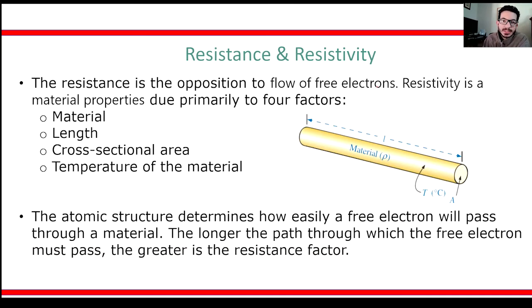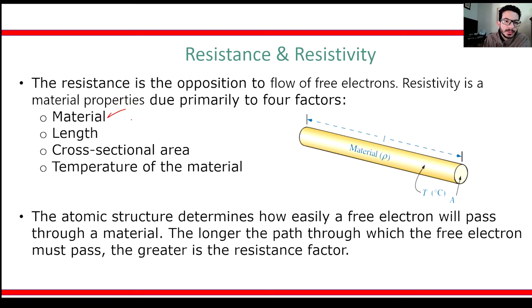Now, resistance and resistivity. Resistivity is basically related to resistance. Resistance is the opposition to the flow of free electrons. Resistivity is a material property. Okay, so the main factors that affect the resistivity